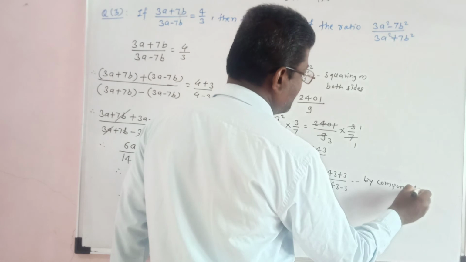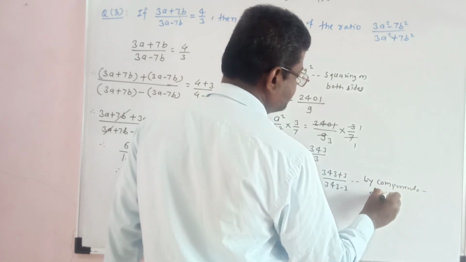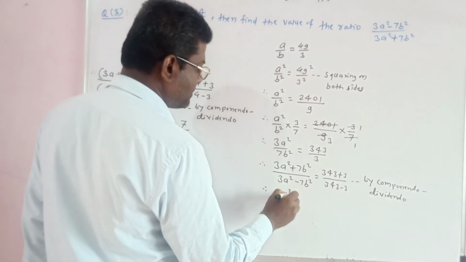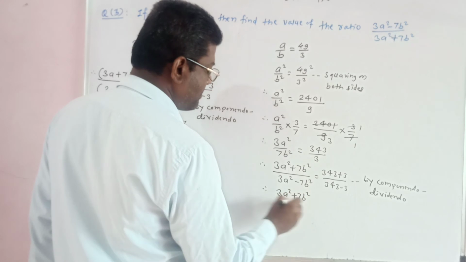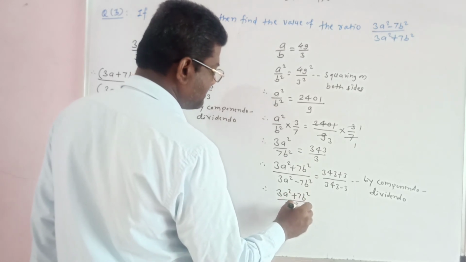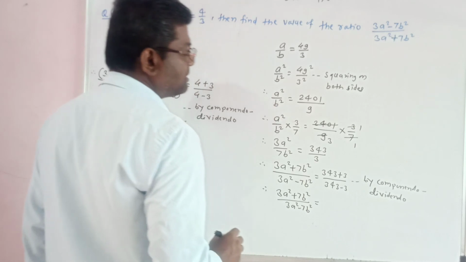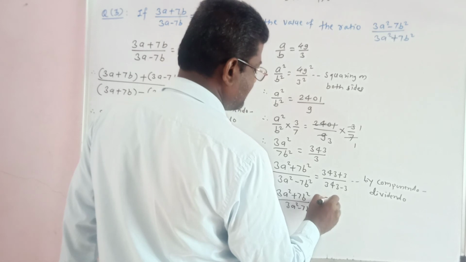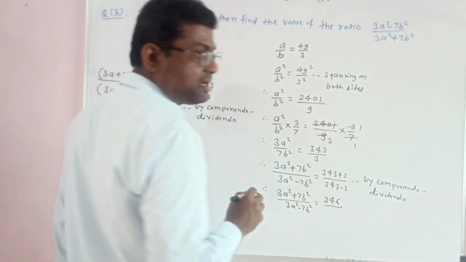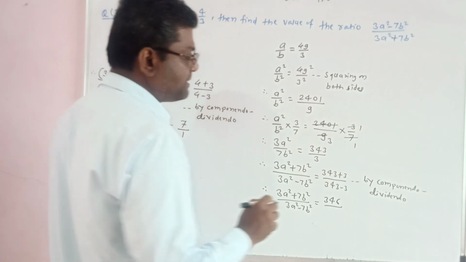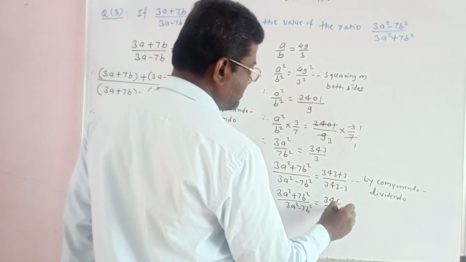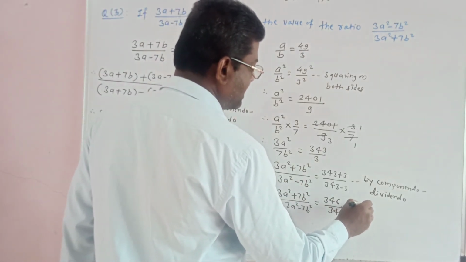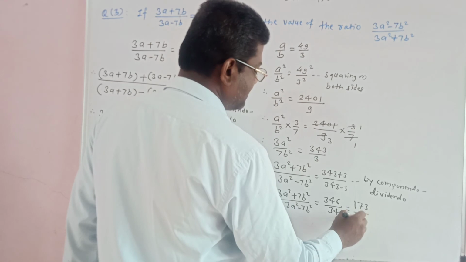Therefore it is equal to 343 plus 3 will be 346 upon 343 minus 3 will be 340. Now if we divide the numerator and denominator by 2, then we will get 173 upon